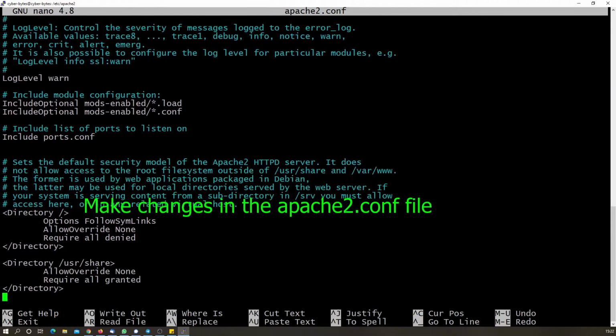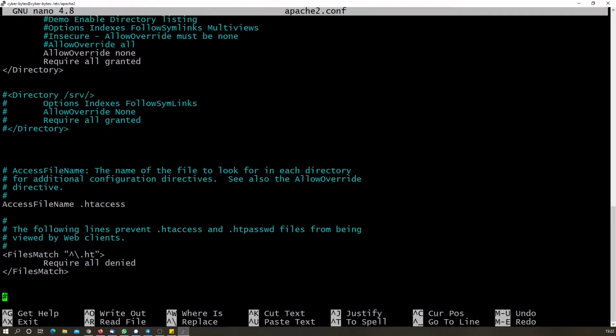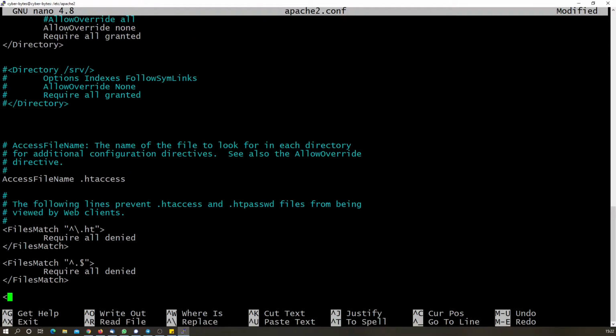Here is the FilesMatch directive that we recently saw. Like this, in the FilesMatch directive, we will put another FilesMatch directive, and we are explicitly telling it to first disallow all the extensions. The next directive we will put to allow only specific extensions in the application.